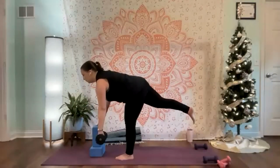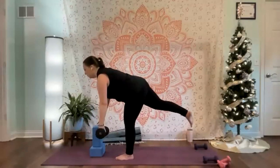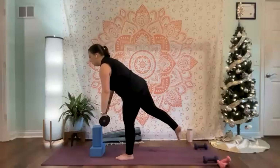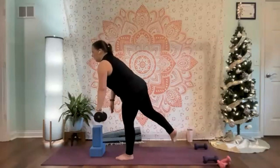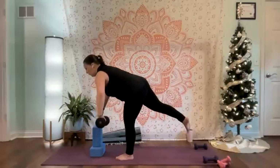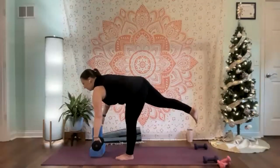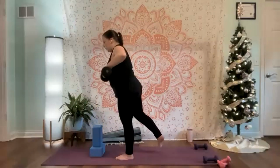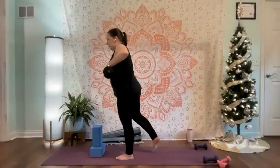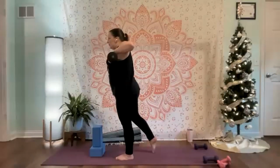And we'll go 1. Use that glute. 2. It's okay to put this leg down in the back if you need to for the rowing part. 3, 4, take a break or keep going with me. Here's 5, 6, 7,